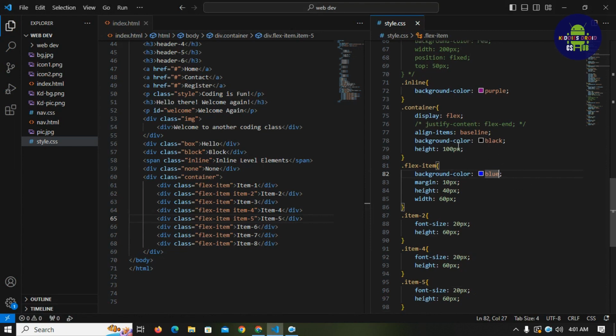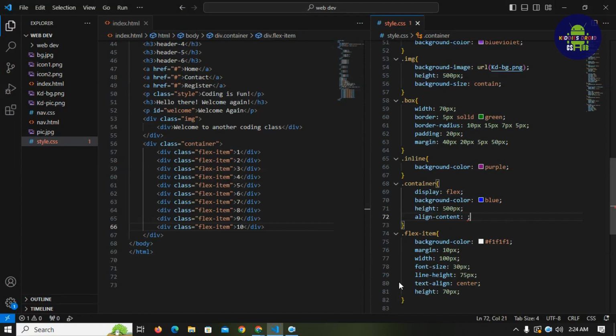Okay, so we are going to talk about the next property, which is align content. Okay, so let's talk about the last property, which is align content. And the possible values for align content are center, space around, space between, flex start, flex end. And align content is different from align items. Align content is used to align the lines of the flex items, that is the lines